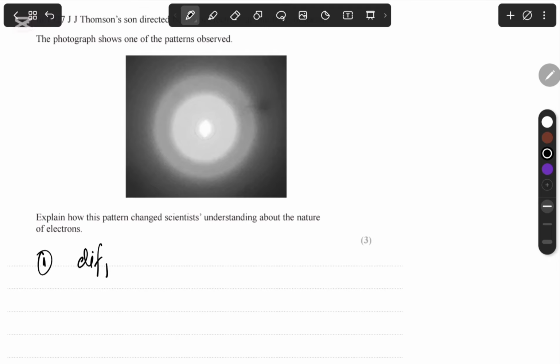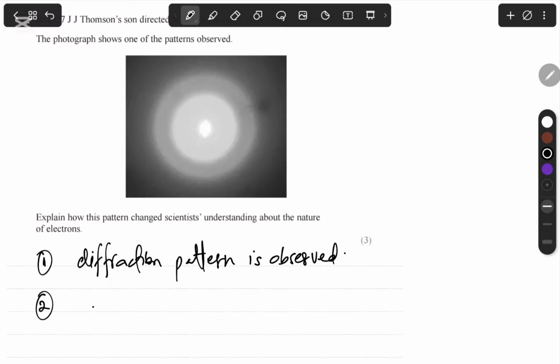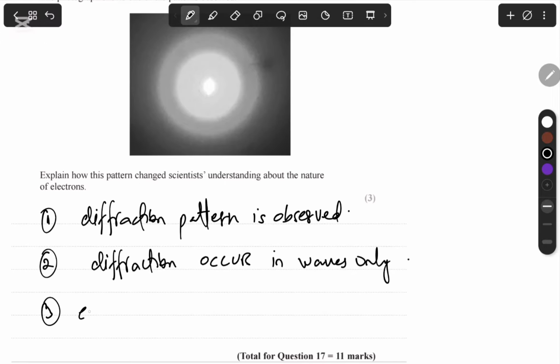So we have got a diffraction pattern is observed. That's the first mark you get. The second mark you get is for saying that diffraction occurs in waves only. And that would suggest that electron has a wave nature. Electron has a wave nature and can behave